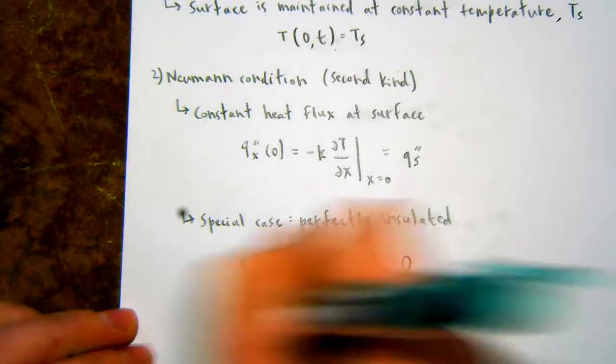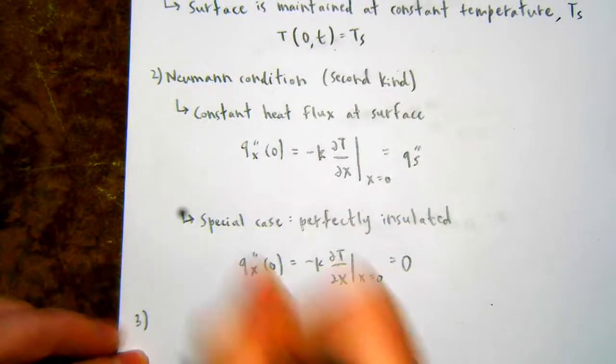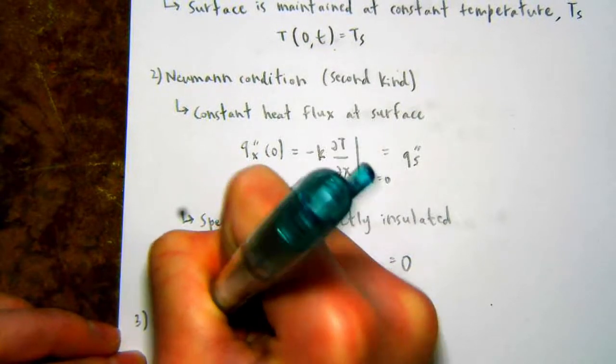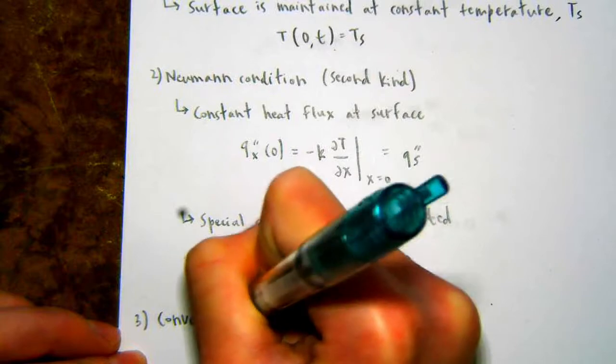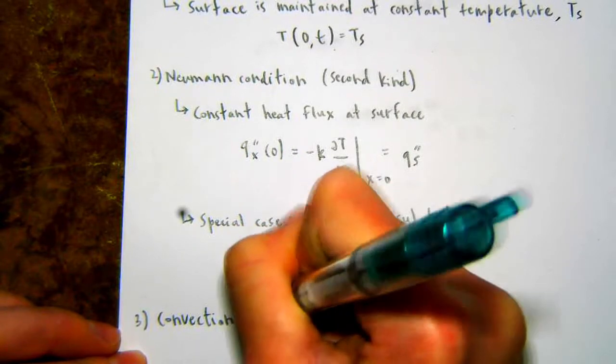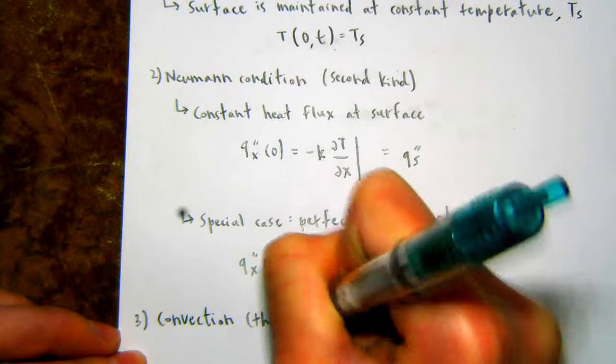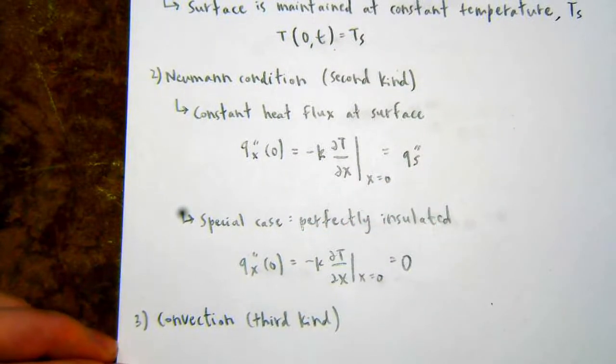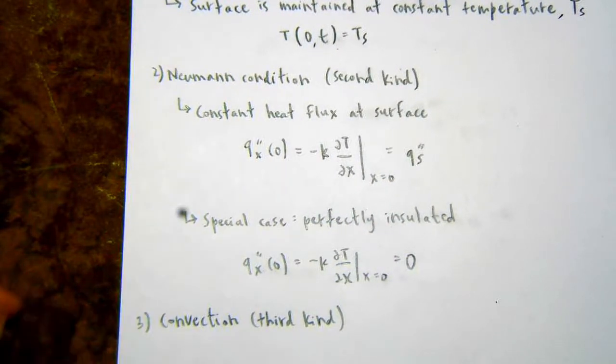Okay, and then there's one more commonly used boundary condition, and that is a convection boundary condition. And that's a boundary condition of the third kind. So we haven't talked about convection yet. We haven't really gone through and developed the equation for it. But we're going to get to that pretty soon, just kind of a brief introduction, because for conduction problems, you